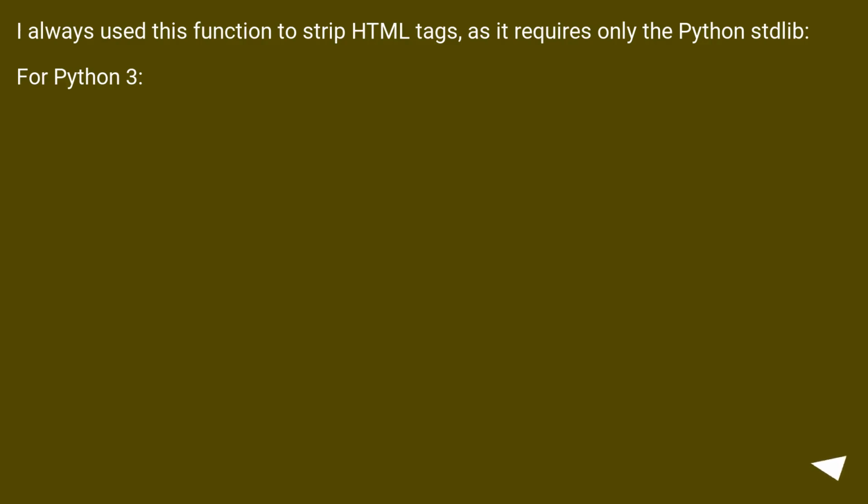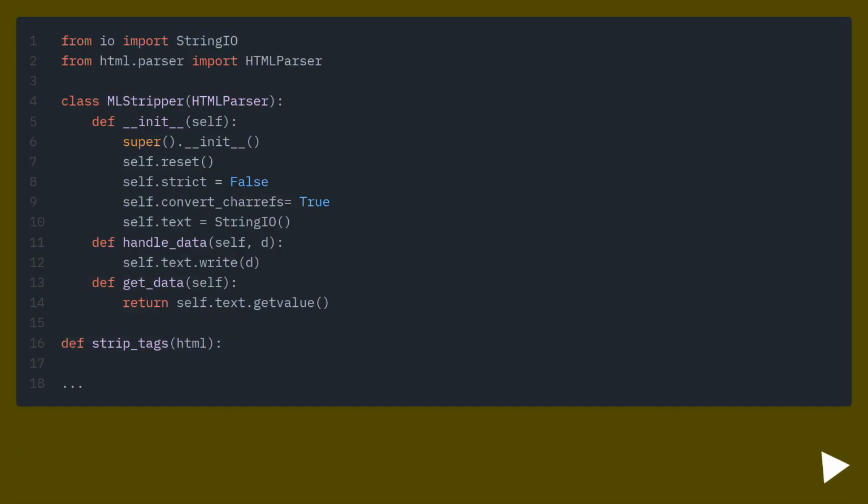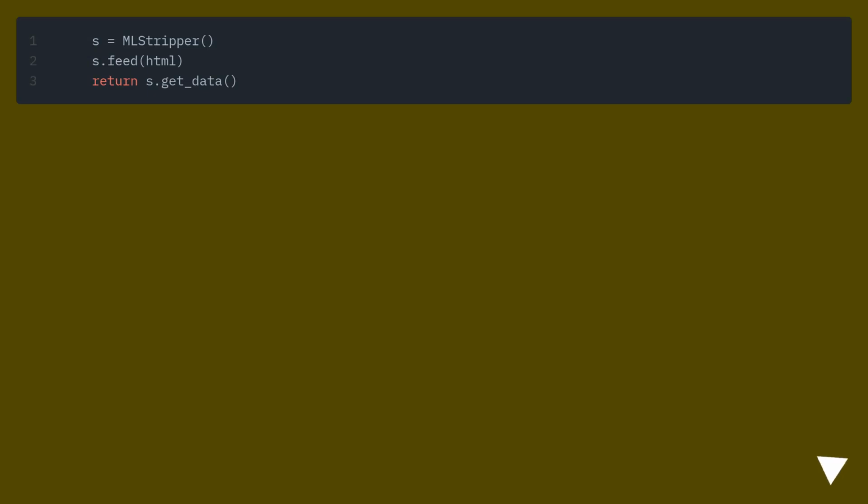I always use this function to strip HTML tags, as it requires only the Python stdlib. For Python 3, for Python 2,